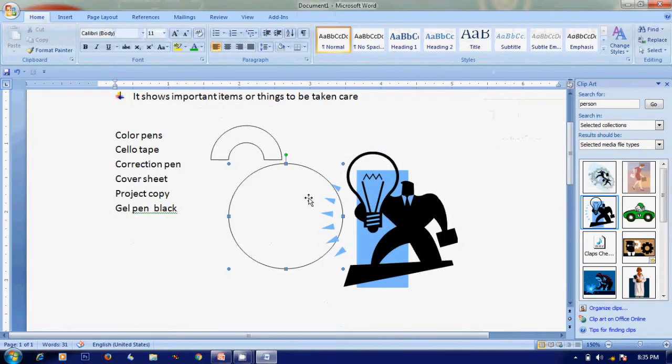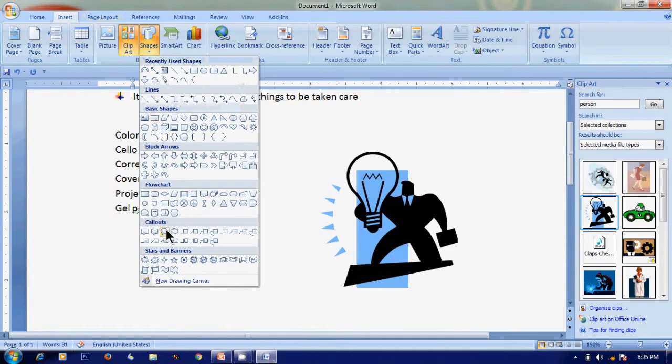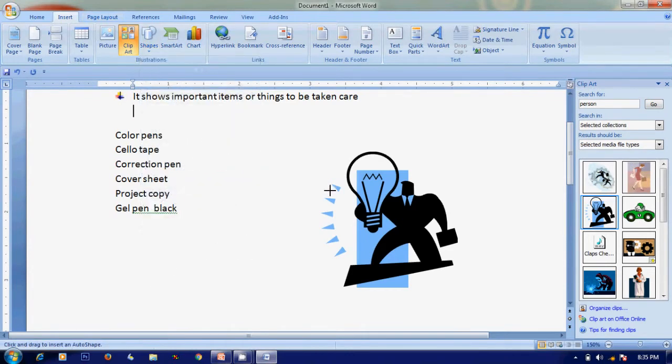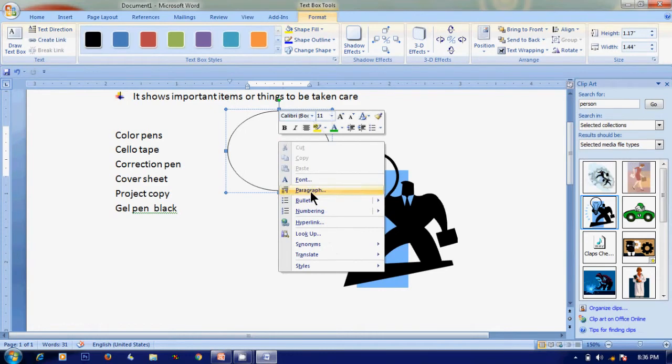He's showing a bulb, and if you want to say something, he's saying that. So insert, shapes, go to the callout box, and then I draw a callout box. The tip of this callout box can be changed with this yellow pointer. Now what this person is saying, I can click inside, right click and say,